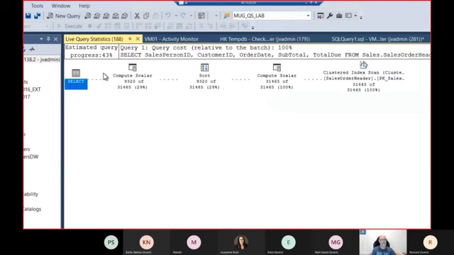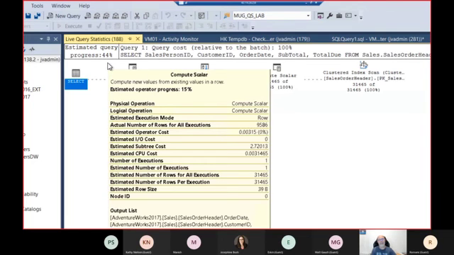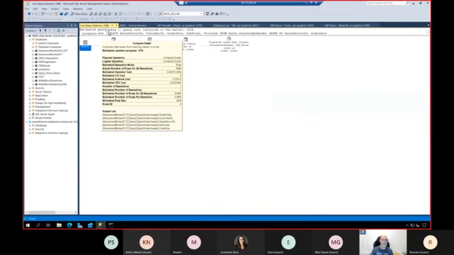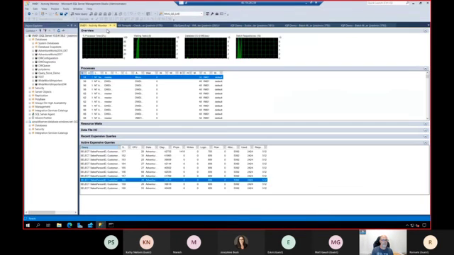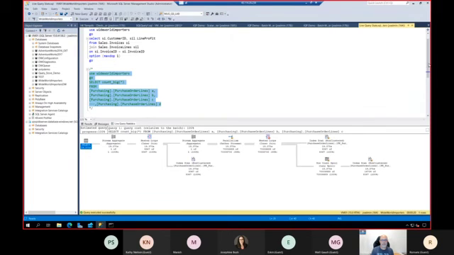We see the execution live and we see the estimated query progress for every single query running against my instance. Really, really nice feature. Okay, so let me cancel this one.